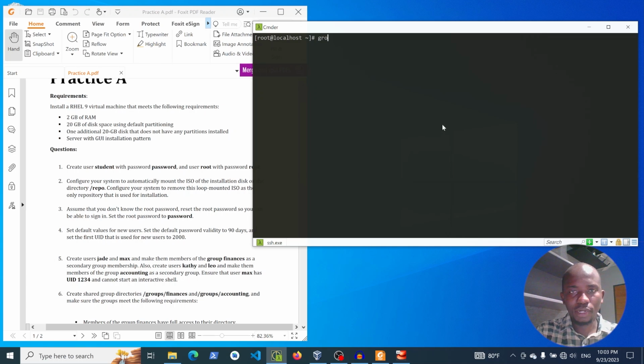So I'll start with groupadd finance and groupadd accounting. I will add also the user, useradd Jade. Secondary group will be finance, and useradd. For Max, he should not be able to log in to use an interactive shell, and also the UID is 1234. Max, the group will be finance, and for the shell it will be /sbin/nologin, and the UID will be